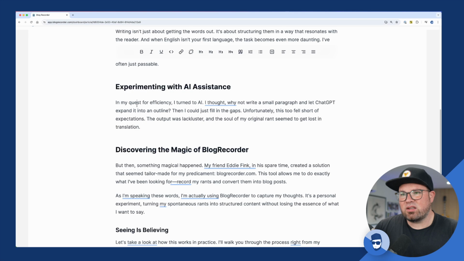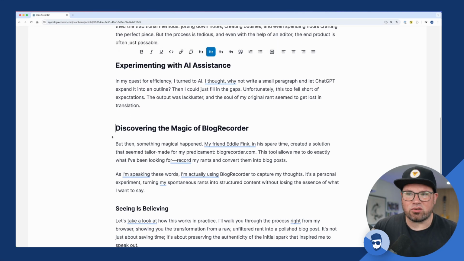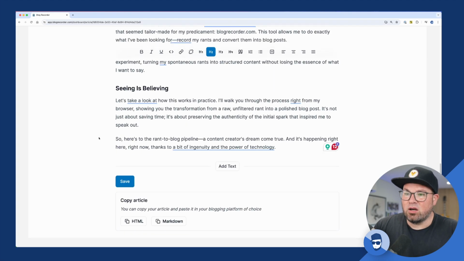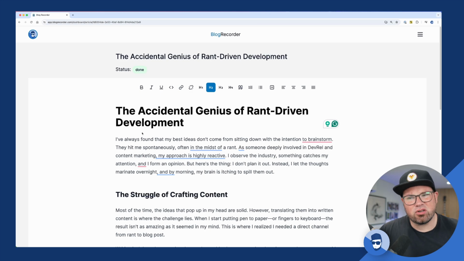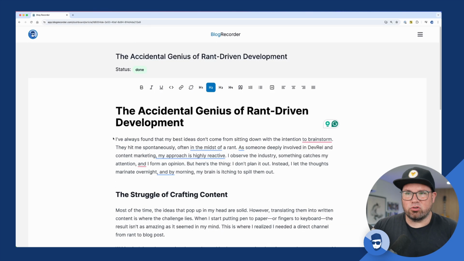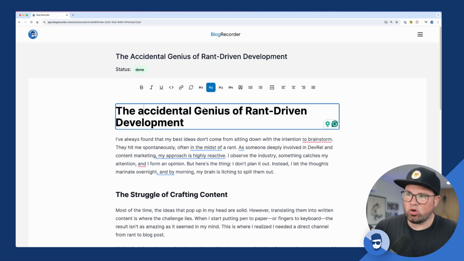This writing is actually decent, but it just got me started, right? Discover the magic of Blog Recorder. Seeing is believing. Well, how about that? This is like a minute and a half of intro. There's my blog post. And so what I would normally now do is remove some of the obvious things that